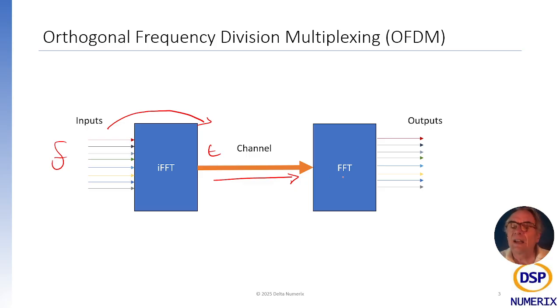Then we need to take our forward Fourier transform to convert from time back to our frequencies, and we're back to the original signal. So for example, if we are just modulating very simple BPSK, binary phase shift keying, we've got zeros and ones, we could have that random sequence. We modulate that to a bunch of sine waves and cosine waves that are either on or off, and if everything's working correctly, coming out of this end, we have